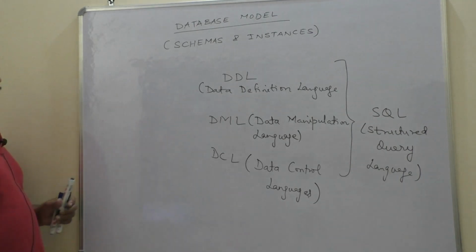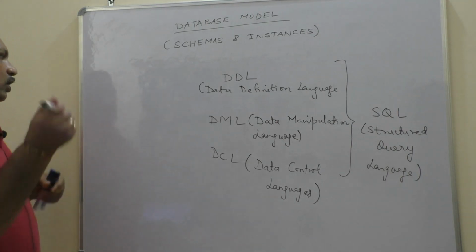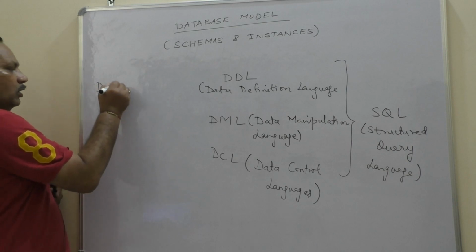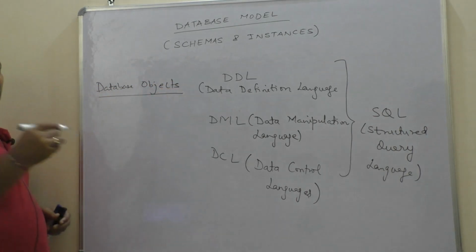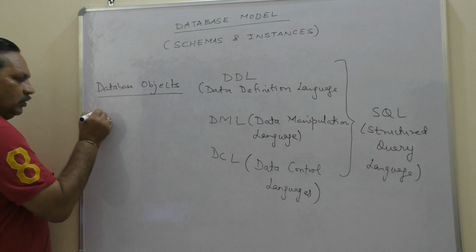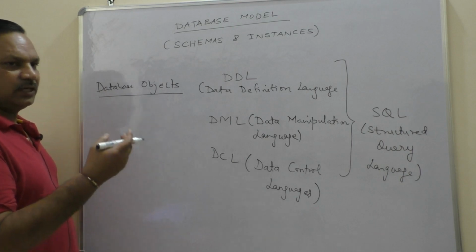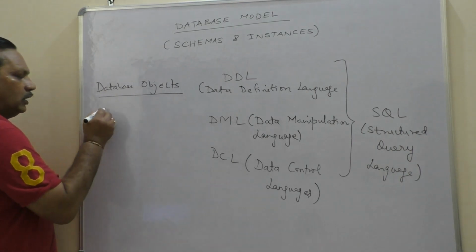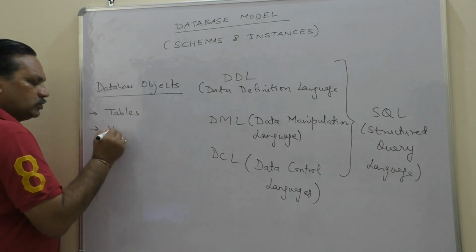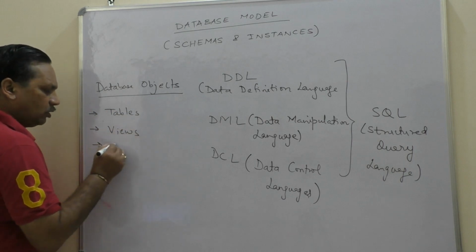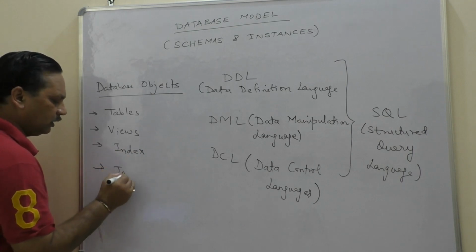When I say DDL commands, data definition language, what comes under data definition? First of all, what database objects are there? What are the database objects which we define or create in any database management system software? The very simplest database object, which you have to create in the very first lab or session when you are doing SQL, is tables. The next type of database objects are called views. We'll come to these one by one. Another database object is called an index. Another is the table space.